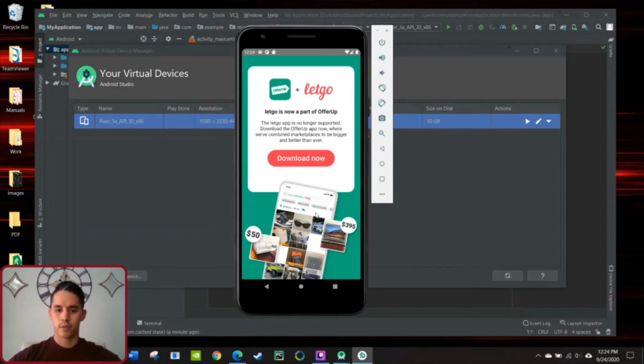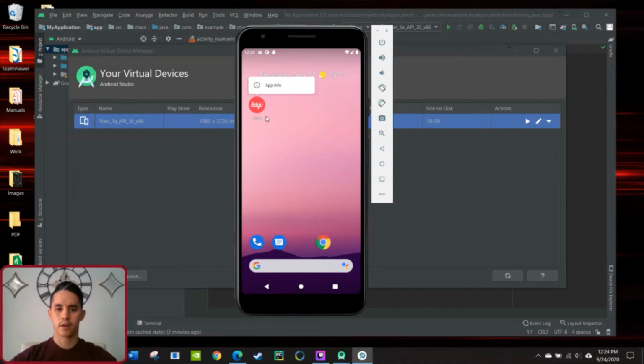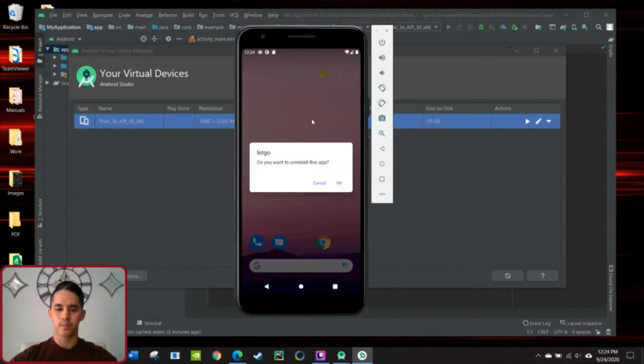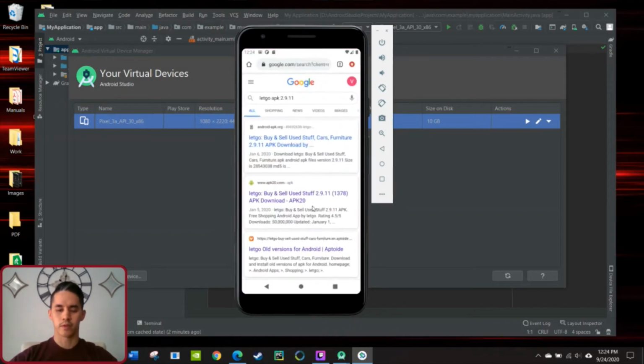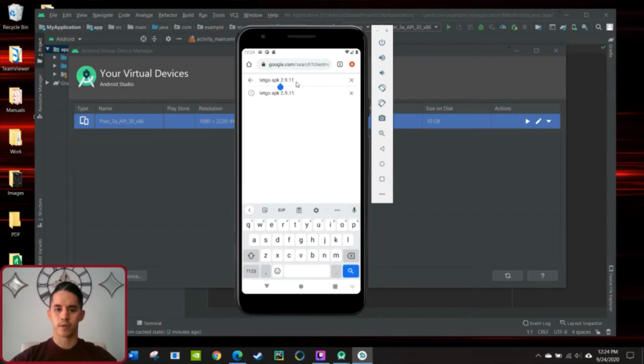So if you have the new version of OfferUp here, what you're going to want to do is uninstall it. So we'll just drag this out, uninstall. And then what we're going to do is look for an APK, an older version of Letgo. So we just go into Chrome or just your regular search. We're going to look for the 2.9.11 version of Letgo. So that's what I've searched here, Letgo APK 2911. So if we go in and search for that,